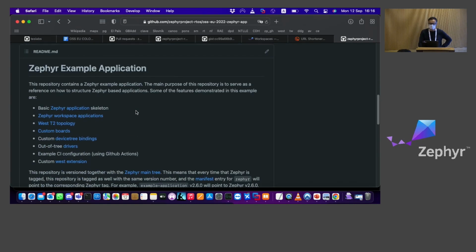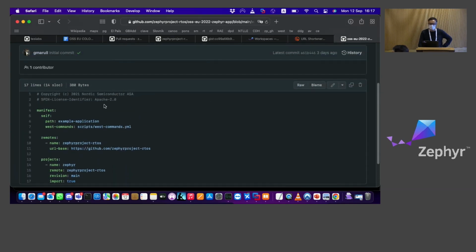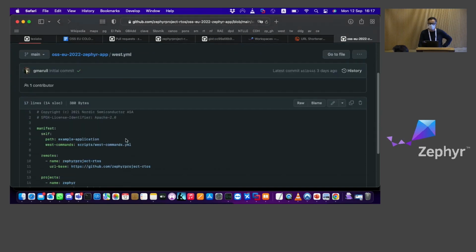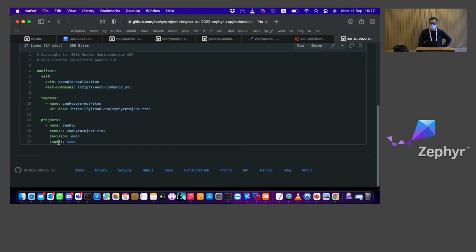So does our West YAML file reference this? So that is your West YAML file. That is the West YAML file of the OSS EU 2022 Zephyr app. Okay, now note that import